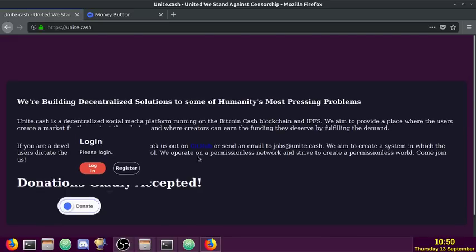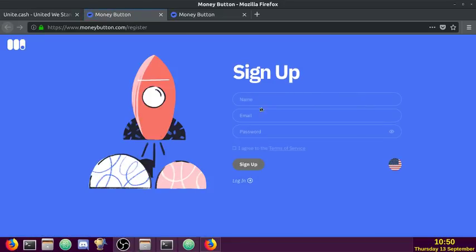Okay, it's showing my text, it looks like. Login, please log in. So I don't actually have an account, so I'm going to register. And it's going to want my name. Okay. So this is kind of the process that users are going to have to go through, and I don't